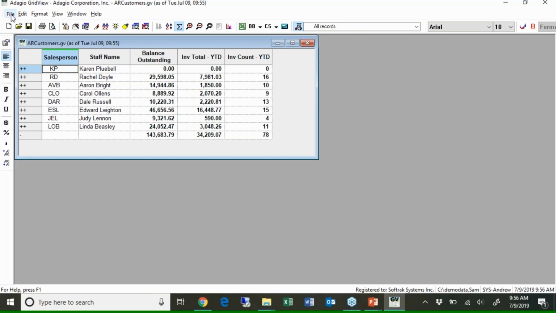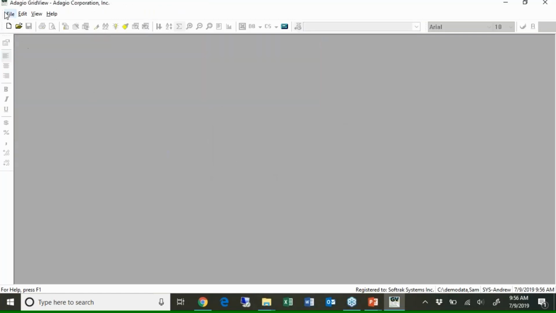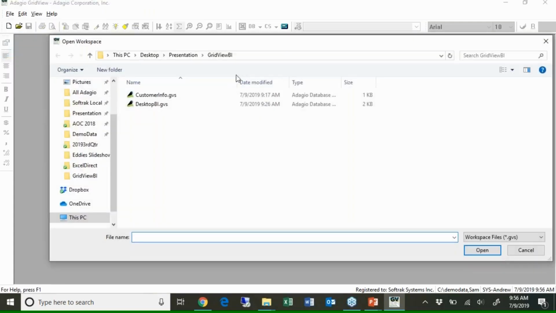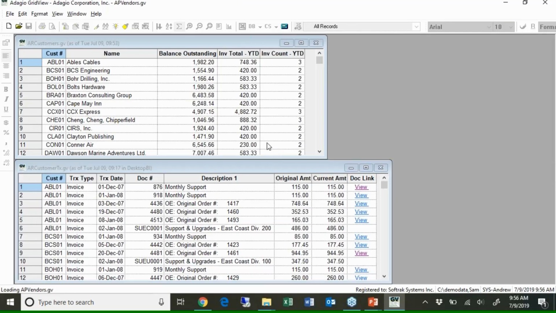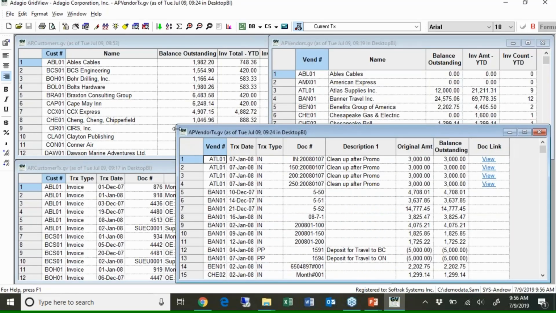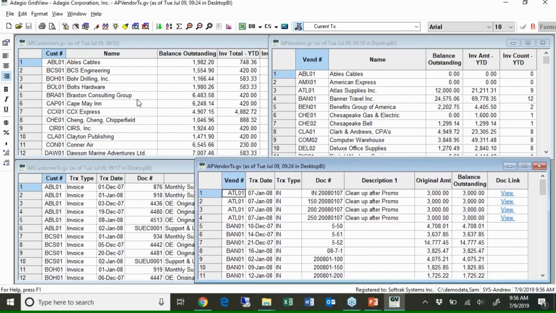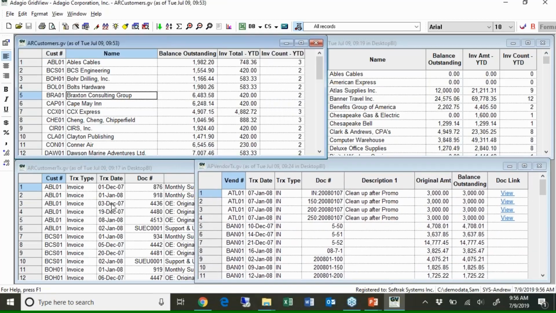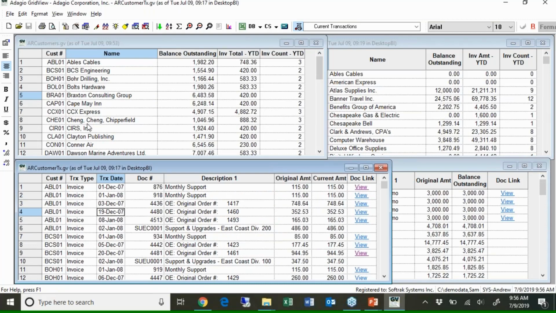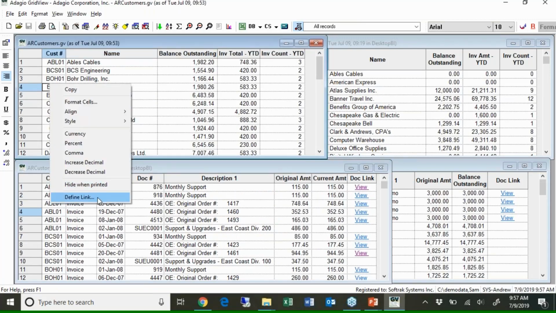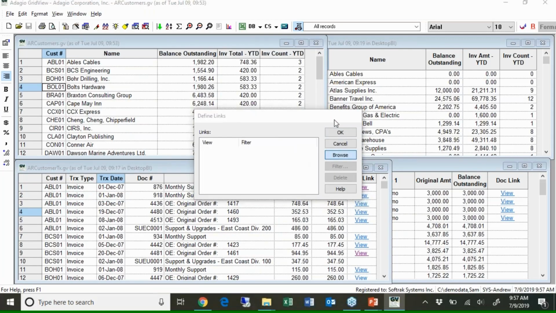Now, just so that we don't completely run out of time here, I'm going to close this, and I'm going to show you what happens when you add lots of views to a workspace, because you can have multiple views sitting in a workspace. And here I have all of the customers and all of the customer transactions, and I can link from one column over here to a view down here,